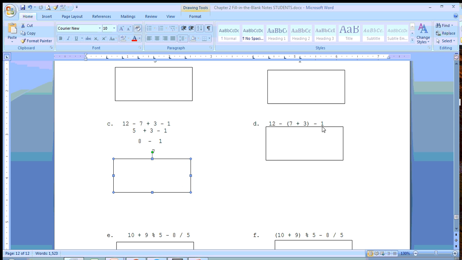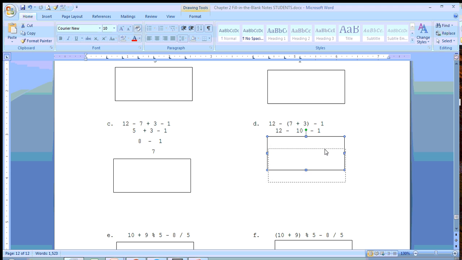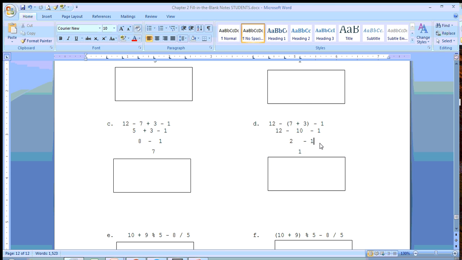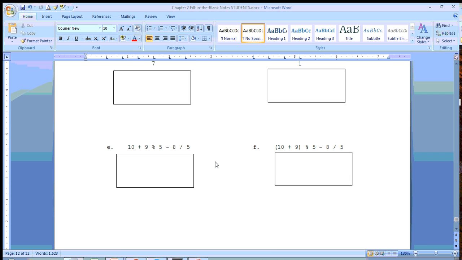All right, so then D, you do the parentheses first, so it's going to be 12 minus 10 minus 1. Okay, you do the parentheses first. Now you have two subtractions. You go from left to right. 12 minus 10 is 2, and then 2 minus 1 is 1. The last one does both